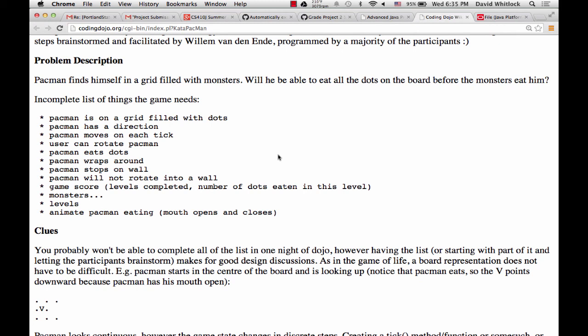Is this solution already posted on GitHub? Who cares? It probably is, by some dude in the Netherlands, right? Willem van de Eden. Anyway,